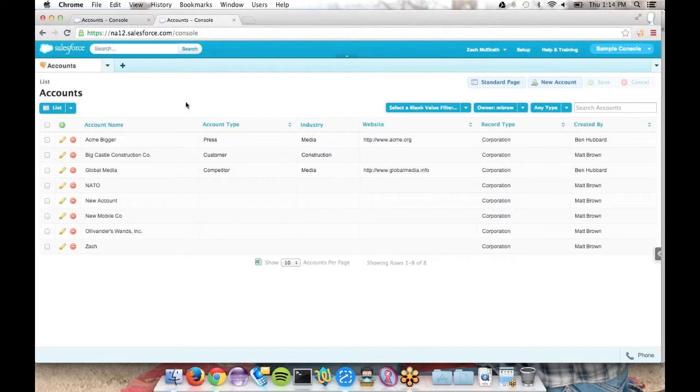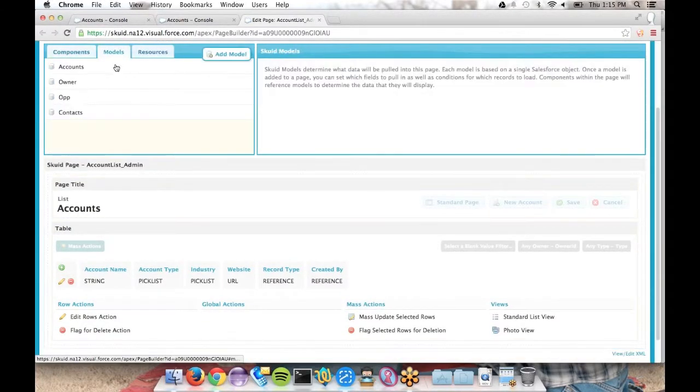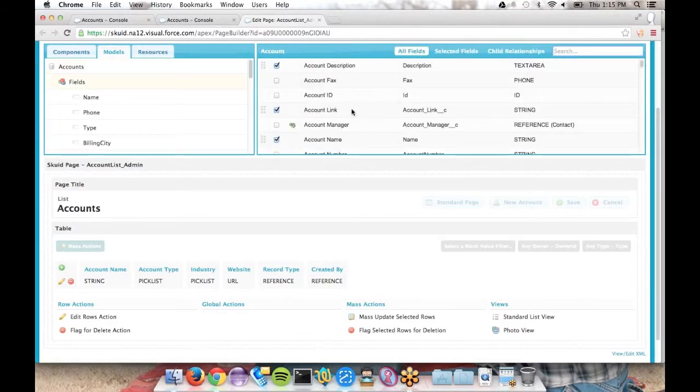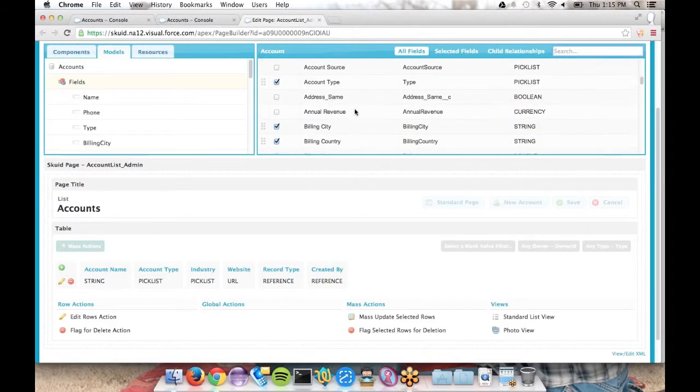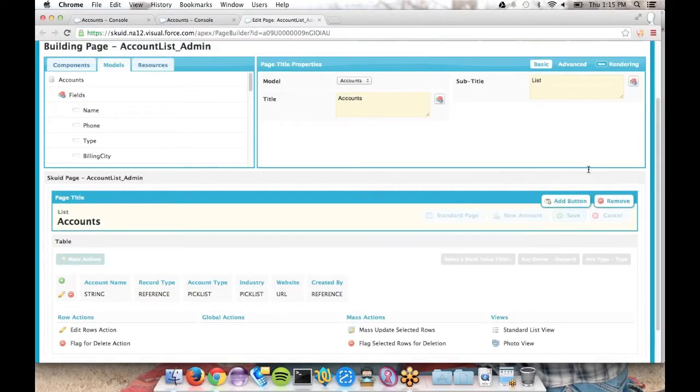Here we're going to go through some examples of overriding the detail and tab views completely with Squid. So when we go to accounts, rather than seeing the standard list of accounts, we're seeing a Squid tab page. We can customize this with Squid, as you hopefully are familiar with. If we want to add new columns or new fields, we can do that just by going into the page editor, dragging and dropping them in, and we'll see different fields. If I wanted to add a new filter or some new buttons, I can do that.